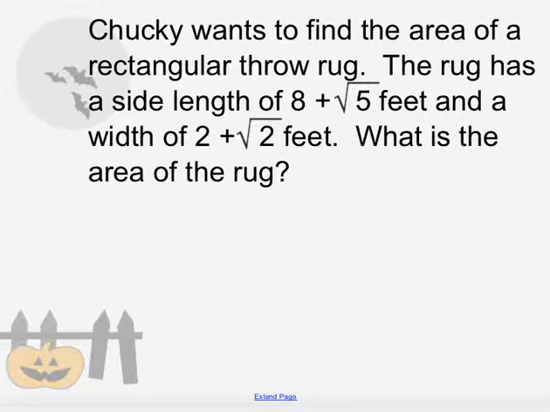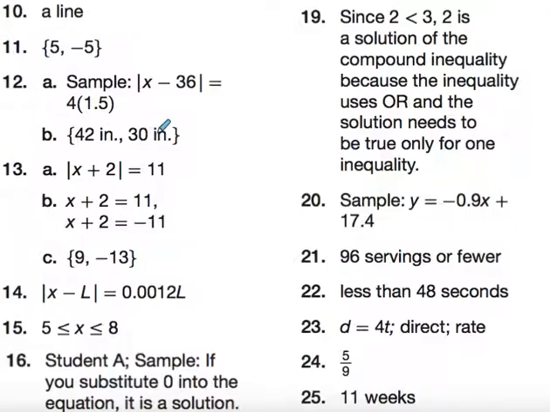And lastly, just know that we can use these radical expressions to figure out areas of rugs or carpets or rooms, even if they have radical expressions as their lengths. We just need to multiply together 8 plus root 5 and 2 root 2. So we would do our box method or FOIL or something like that. All right, so